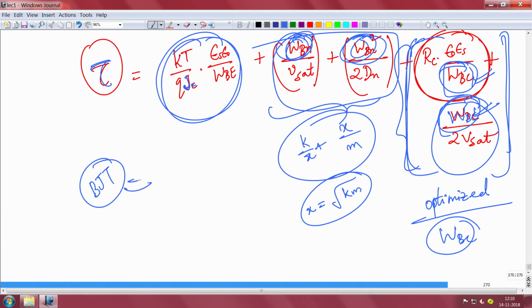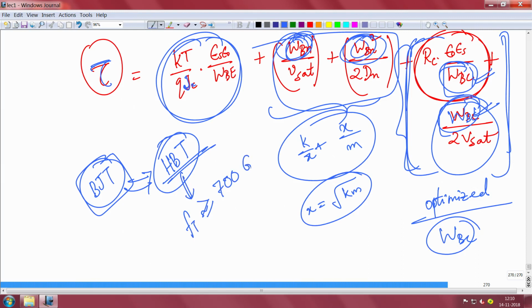So, it has an advanced version called HBT. To understand HBT, we have to understand heterojunctions and compound semiconductors, but HBT is a heterojunction bipolar transistor, which is very similar to BJT, except that you use different materials for the emitter and base. But in a record, HBT is an advanced version of BJT. The cutoff frequency FT greater than 700 gigahertz has been the record, not in silicon, but I guess in the indium arsenide system. Okay, silicon cannot have that kind of FT.